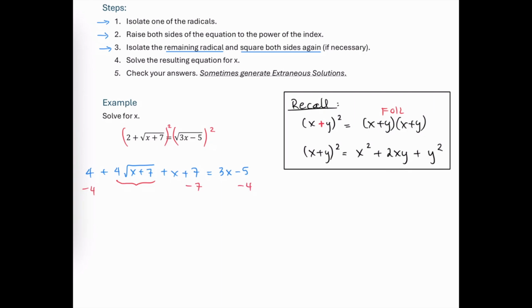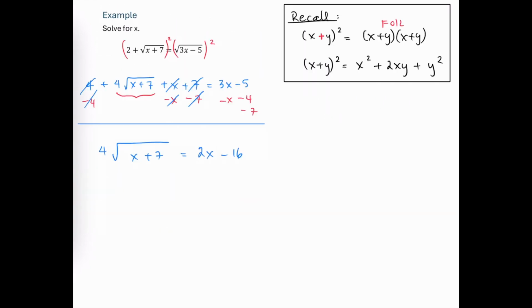We'll also subtract 7 from both sides, and subtract the x from both sides. So we have 4 times the radical x plus 7 that remains on the left, and on the right we have 2x minus 16. Now here's where we decide. We can either divide both sides by 4 to completely isolate that radical. 4 divides evenly into 16, but we'll generate a fraction 1/2 as a coefficient on the x, which is fine,